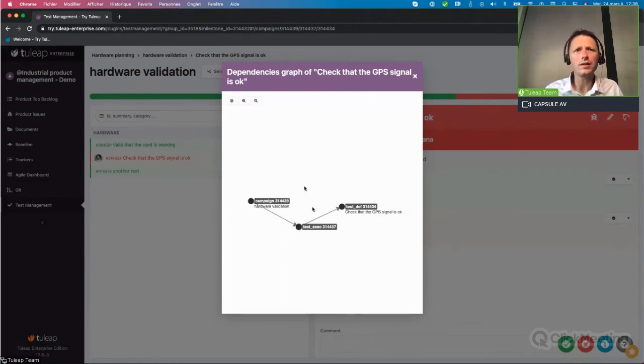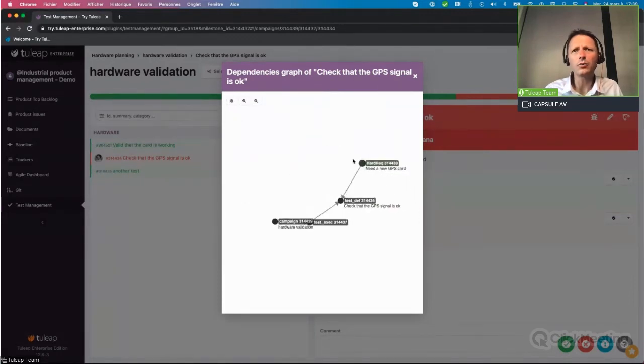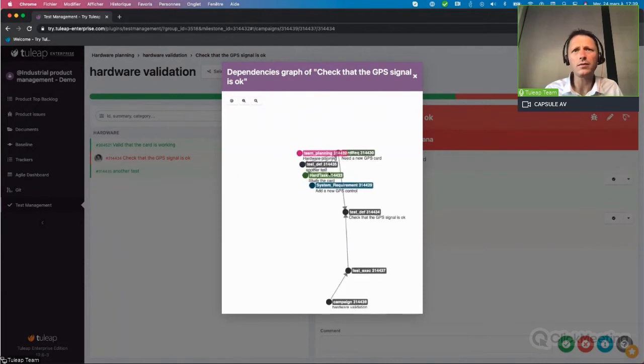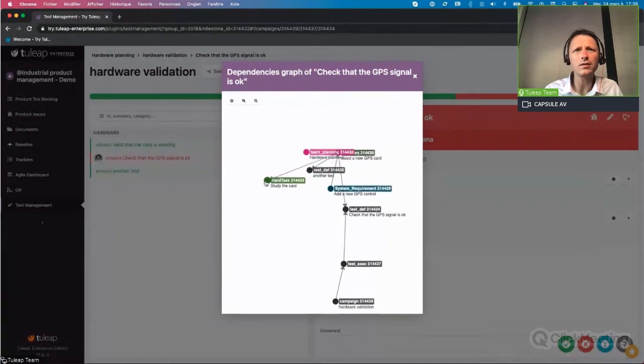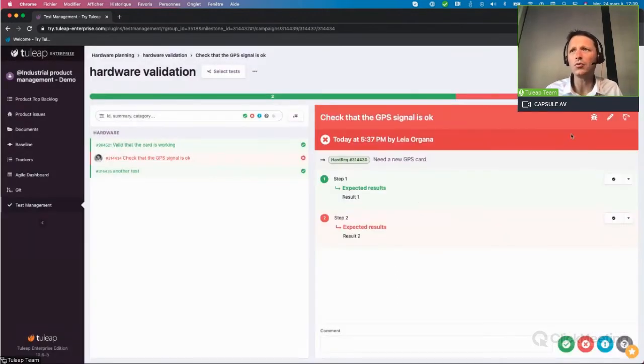Okay, so we can see this is executing this hardware validation. That was for this test definition. This test definition is linked to this hardware requirement. And in the same way, in this hardware requirement, you will see the several tasks that there are inside. There is this task that was in this planning, and it's linked to this system requirement. So with this, you have all the information that you need to create the most efficient issue for your